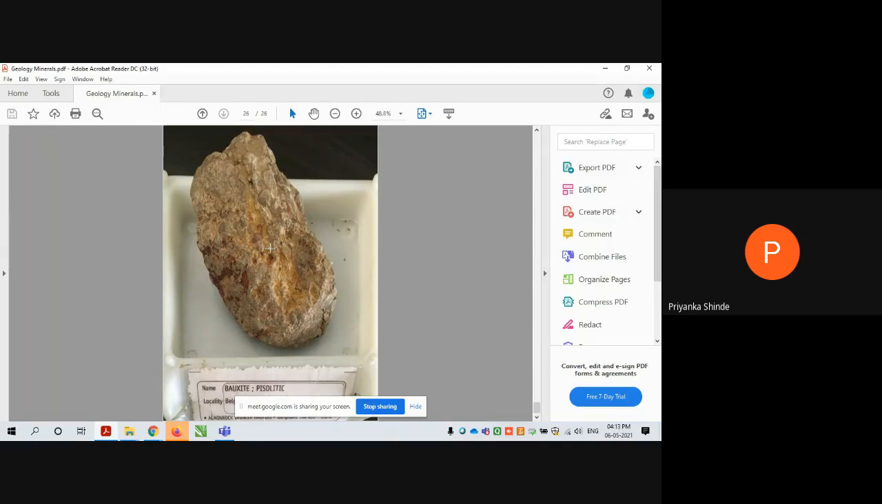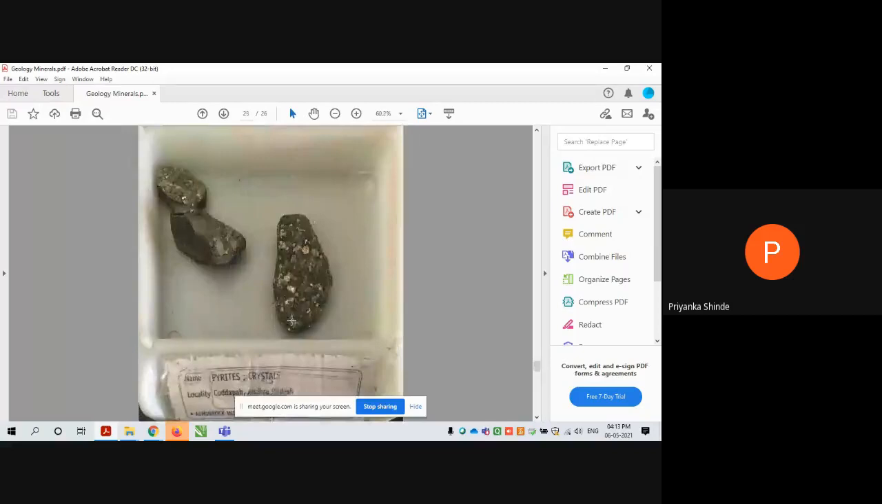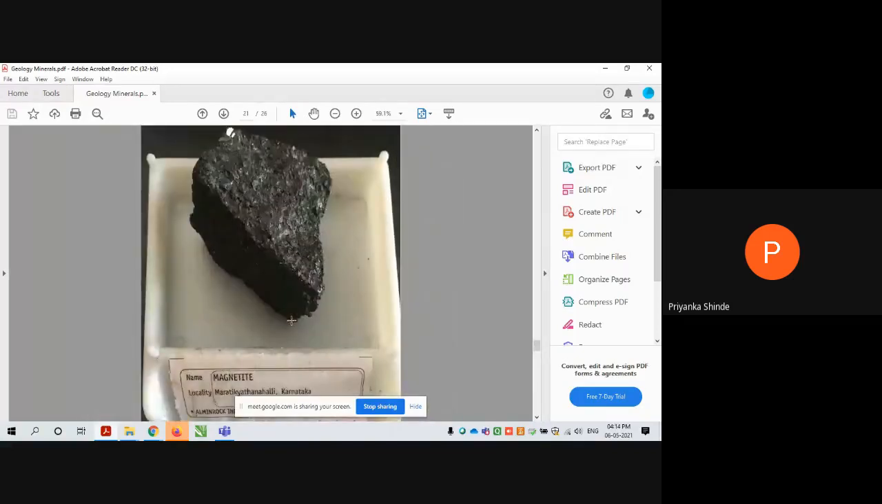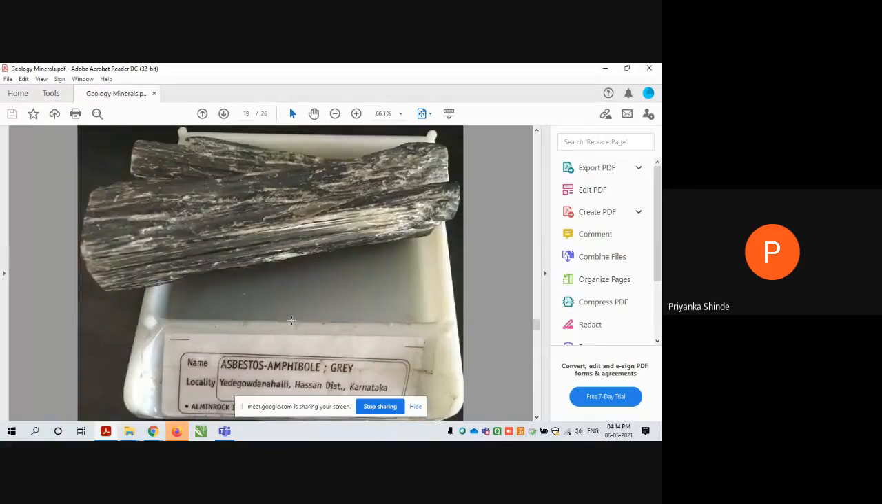Okay, so usually this is found in subtropical to tropical climate zones. Okay, and it is the important ore of aluminium. Okay, so these are all the ore minerals from which you can extract metal,